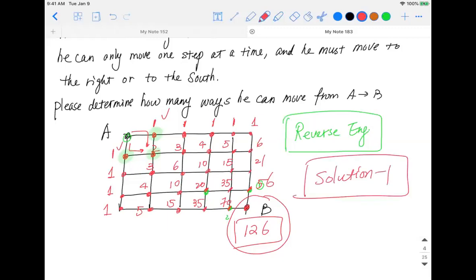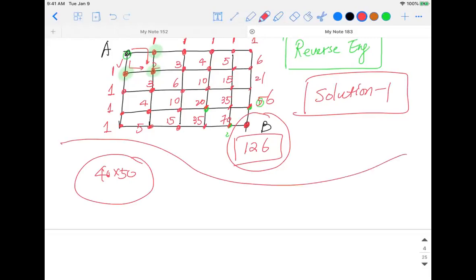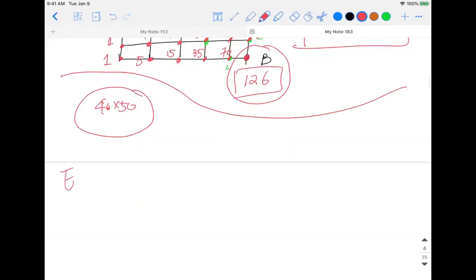Okay, you have 126 because you have a relatively small grid. It's 4 times 5. But what if I give you a big grid, 40 times 50? Can you also do the same thing? Of course you can, but that's going to take enormous time, right? So for every problem we want to do a little bit of extension. Okay, so this one we know, counting them is good enough. But what if I have a huge grid? Do we have something more analytical in order to solve the problem? I think we do. So that's the extension